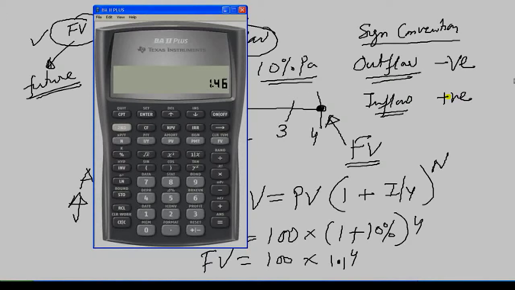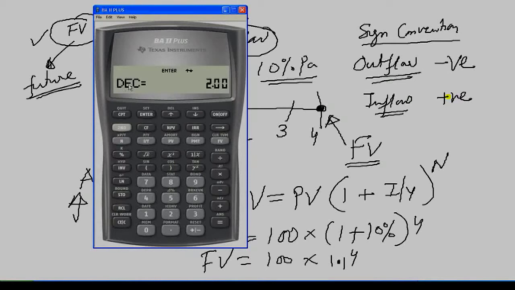You can change it to more than 2 decimal places. For that, in your calculator you have a decimal button. Above the decimal button, if you see, format is written. Like your computer's shift key, in the same way, for any function written above a button that we want to use, we have to apply this second button. Let's say I want to change the decimals from 2 to 4 decimal places. I can press this second, and once the second appears over here, I press decimal. That means it is showing format.